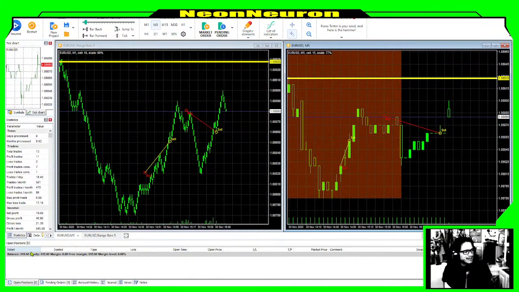taking a nap around this time. So I'd go to bed between 8 and 9, and I would get up around 12 or 1, just in time for the London session. And then I would just stay up through the night and trade the New York session, and then I would go to bed after that. So I would sleep during the day, in the middle of the day would be my bedtime. And man, I just couldn't do it. I mean, I could do it, but I didn't like it. I don't know why. It just felt off.